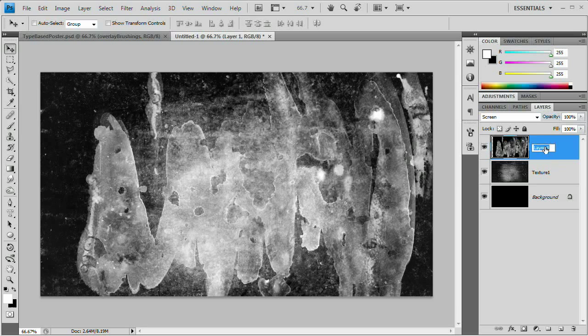I also want to come up here into my layers panel and just name this Texture 2. I try to spell texture correctly. Texture 2, there we go. Alright, great. What I want to do now is